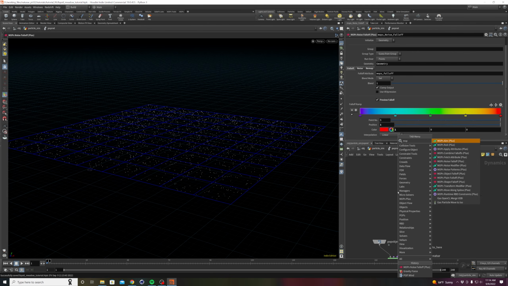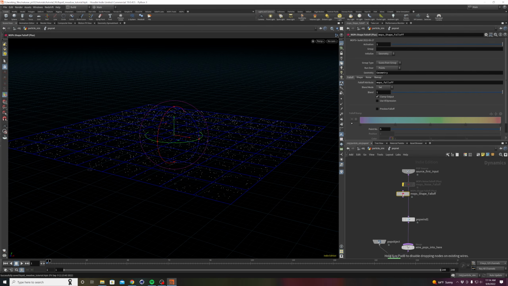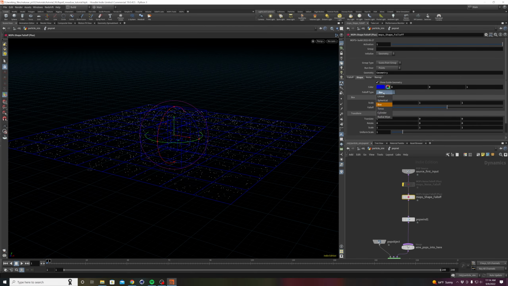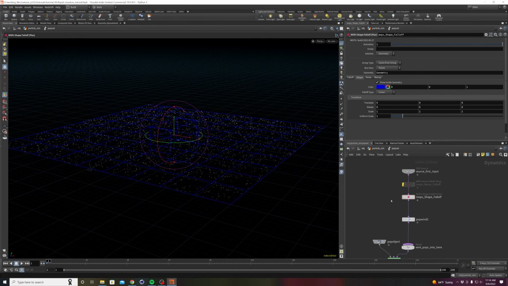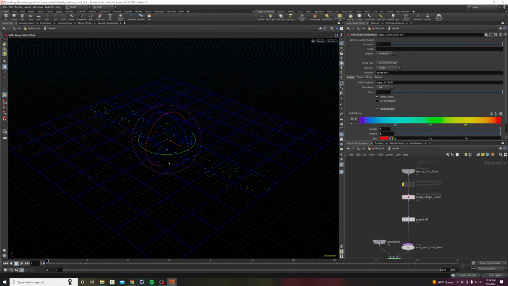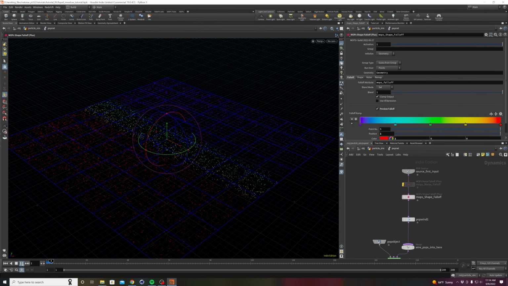And let's put down a MOPs shape falloff. If you're familiar with Cinema 4D, it's kind of like, you can use linear, spherical, box, torus. These are like fields basically that you can use. So we're going to use linear. And again, I want to make sure I'm previewing the falloff. So you can see the red area is where it's going to be affected the most, and the purple is 0. So if I turn this on,